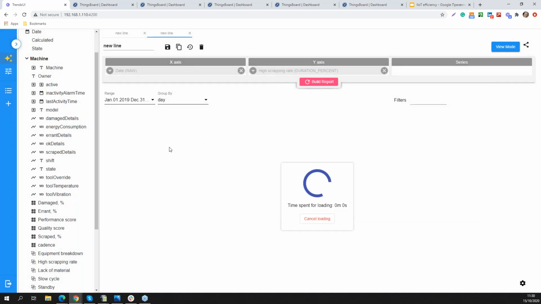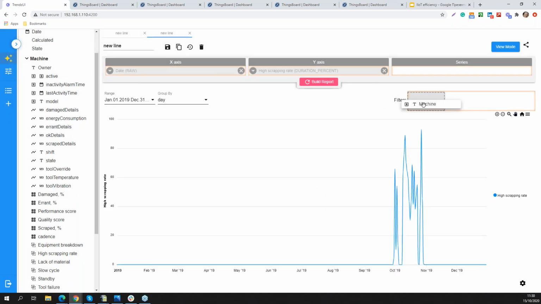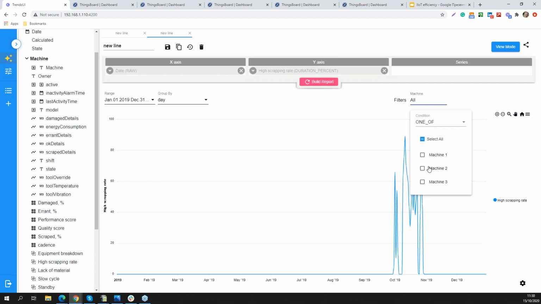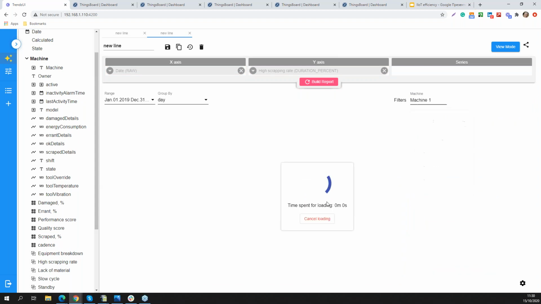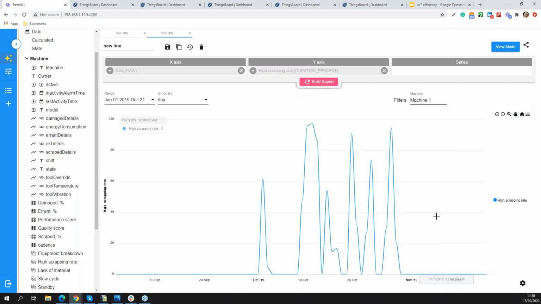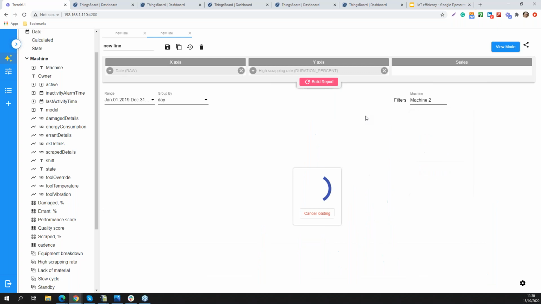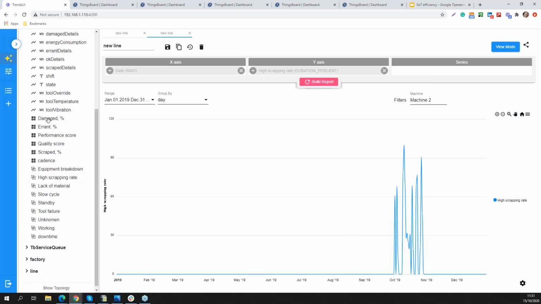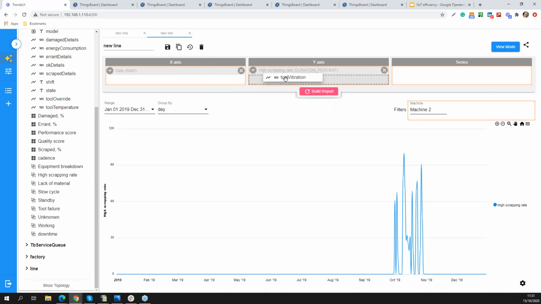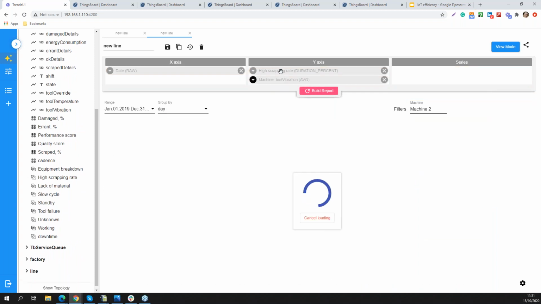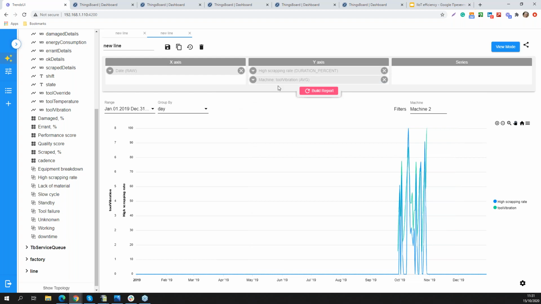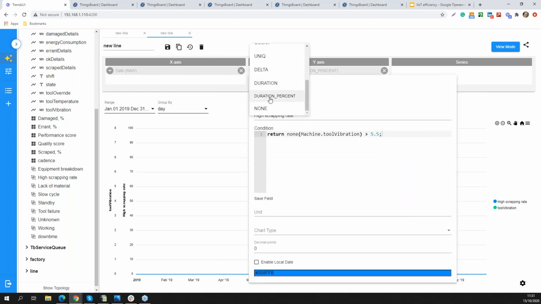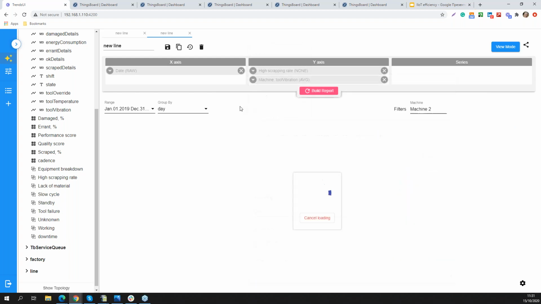And as we know, we have a lot of machines, so we can focus on some particular machine to test our hypothesis. We are looking at the amount of scraped details here on different machines, and we will add the tool vibration, the second value, and we'll visualize how they correlate. To do that, we will highlight